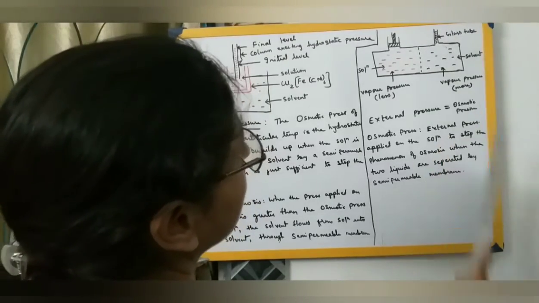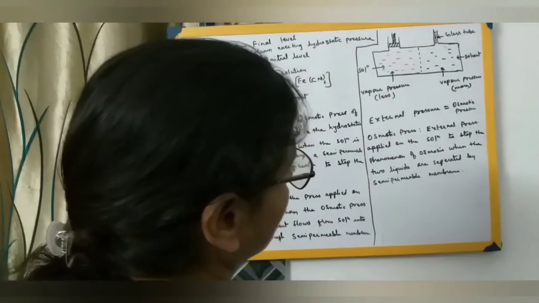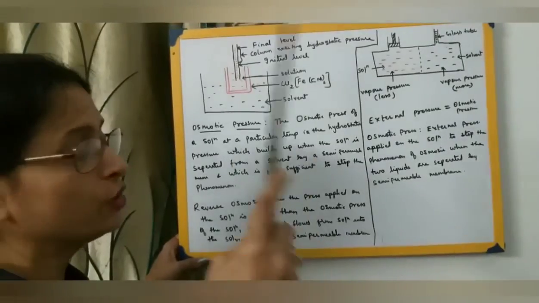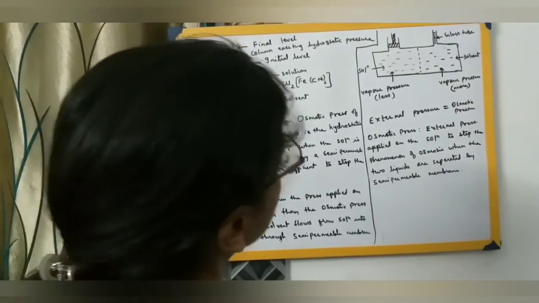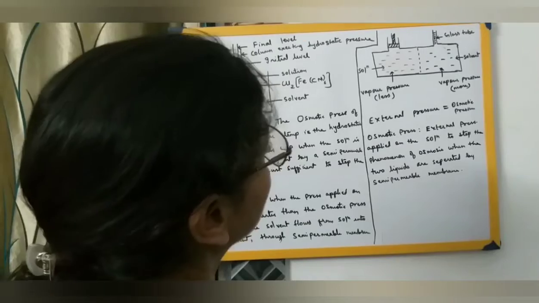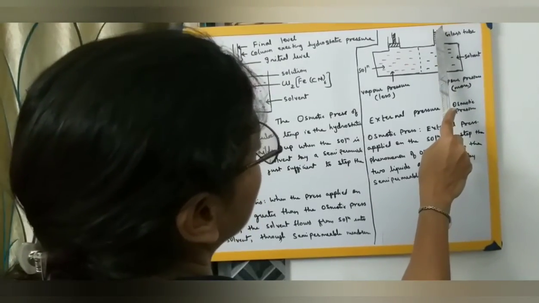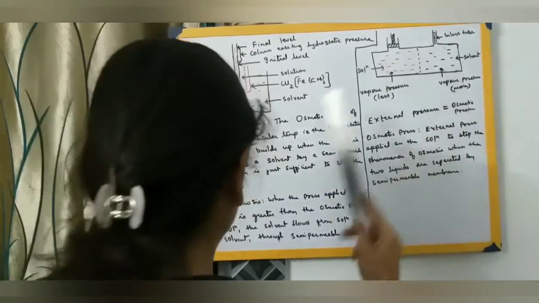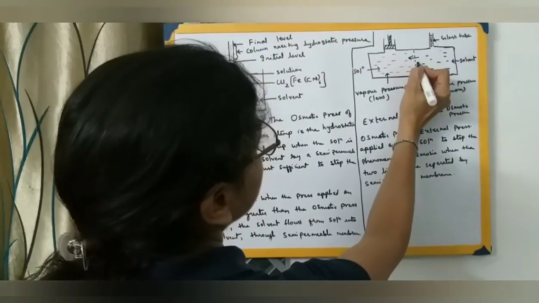Now in this particular case, as I already told you some time back, the vapor pressure in case of the solvent molecules will be more. Wherever the solvent molecules are there, vapor pressure will be there. If more solvent molecules, more vapor pressure. Less solvent molecules, less vapor pressure. So over here, solvent molecules are more and hence vapor pressure will be more. In this particular case, vapor pressure is going to be less. So because of the vapor pressure, what happens? The liquid column in the glass tube falls down, and the solvent molecules will be transferring to this end. The solvent molecules will be moving towards this end.